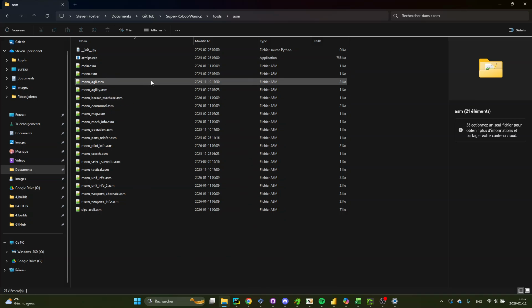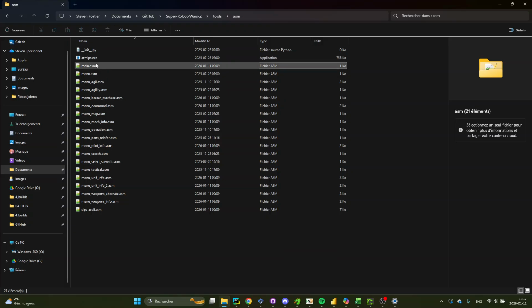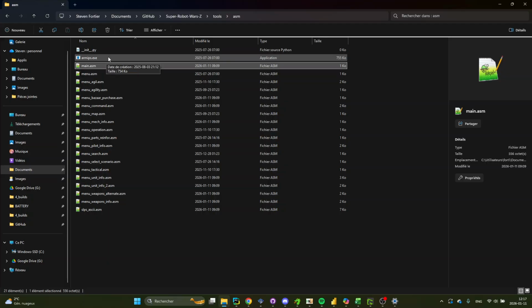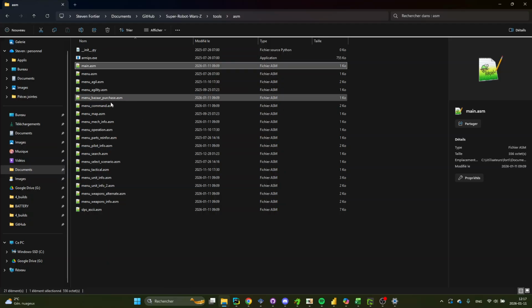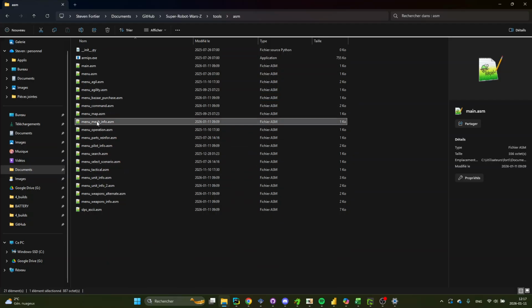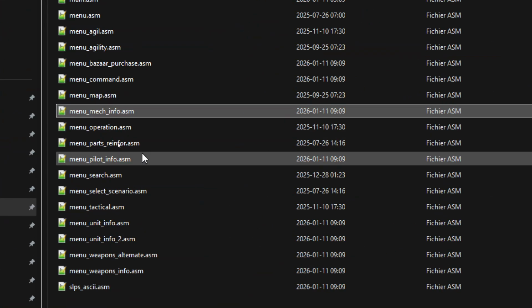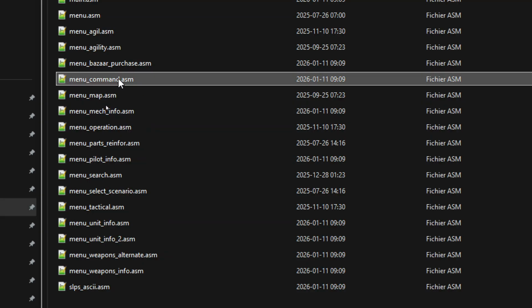I will show you how it works. So let's just look at one specific file. What I have right now is one file for each menu. So everything that has to do with, let's say, the command menu, I will have one ASM file, and this